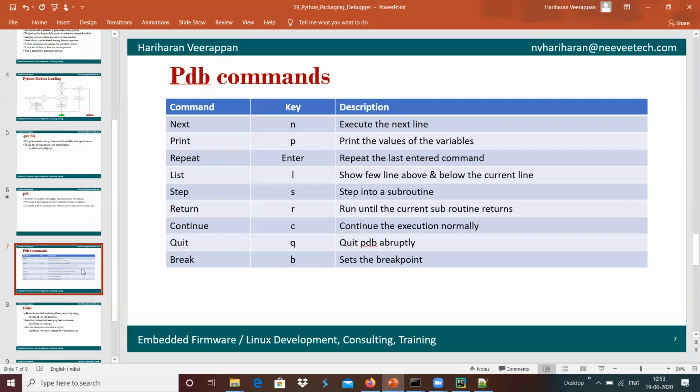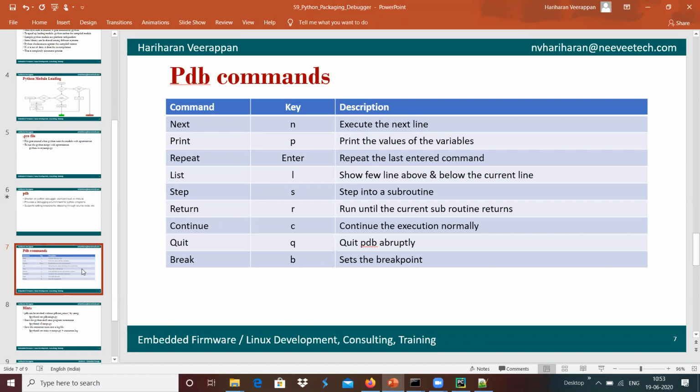For example, if we want to move to the next line, we can give the command next, and if we want to print the variables, we can use print or p, and if we want to repeat the last entered command, we can do that, and list, and step into a subroutine can be done with step, and return runs until the current subroutine returns, and we can give the option continue, which continues the execution normally over here.